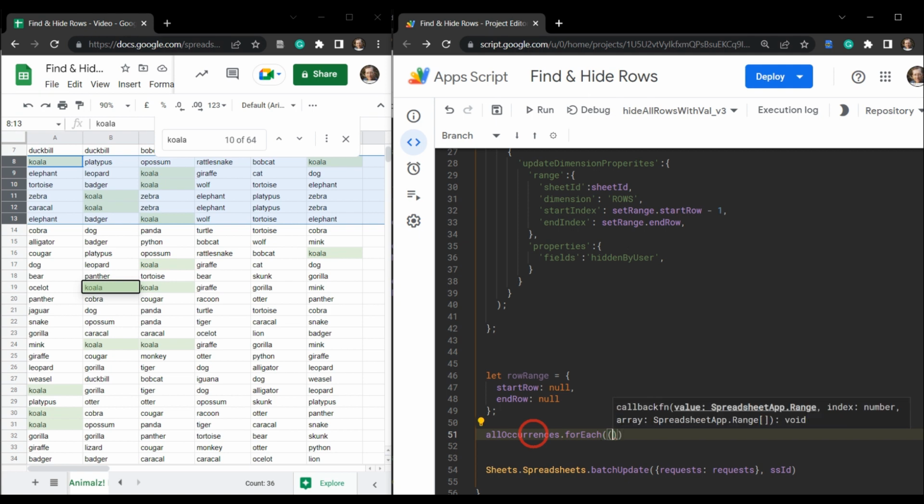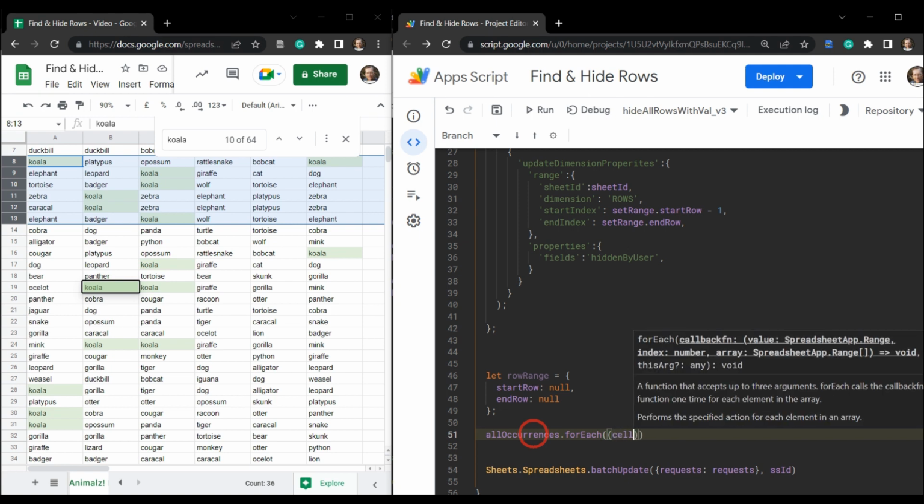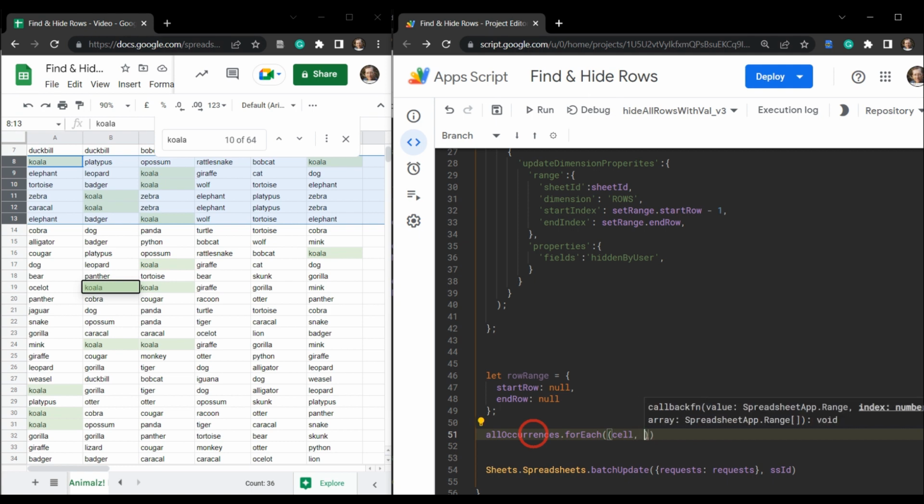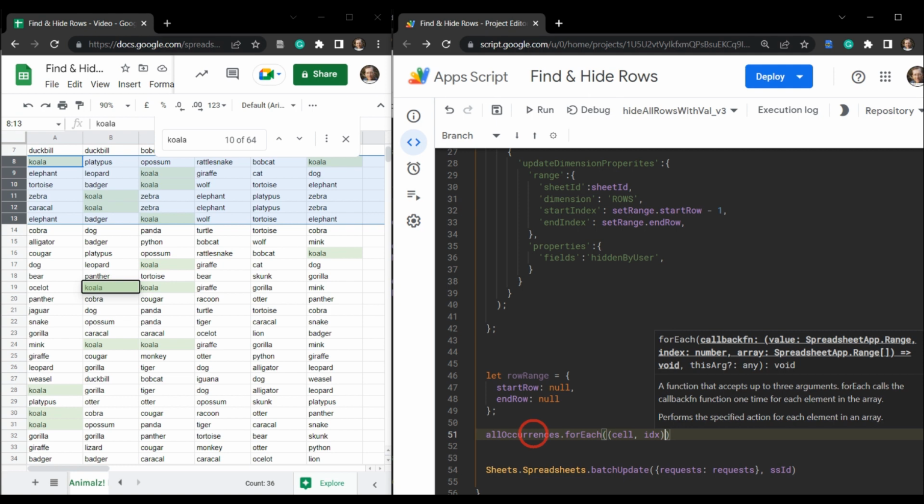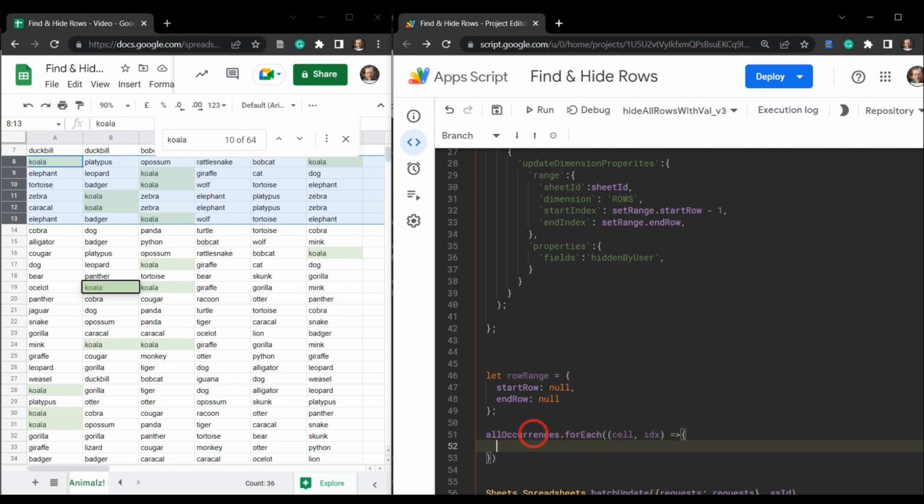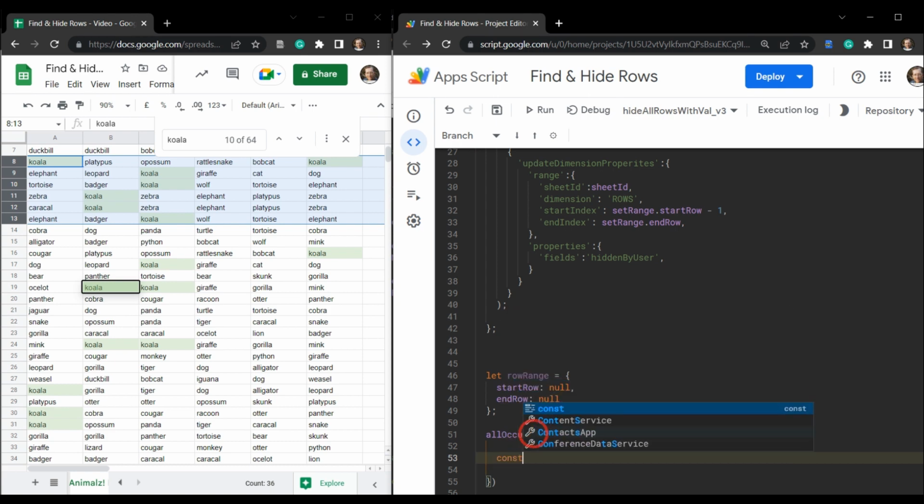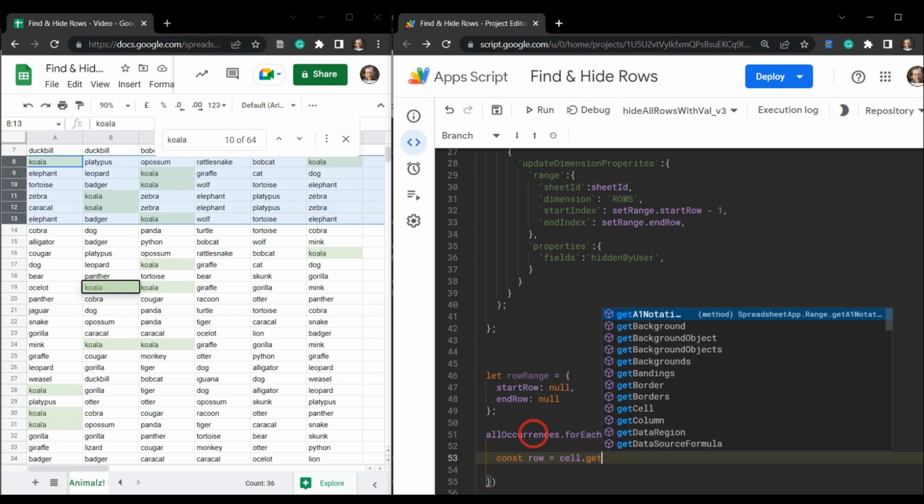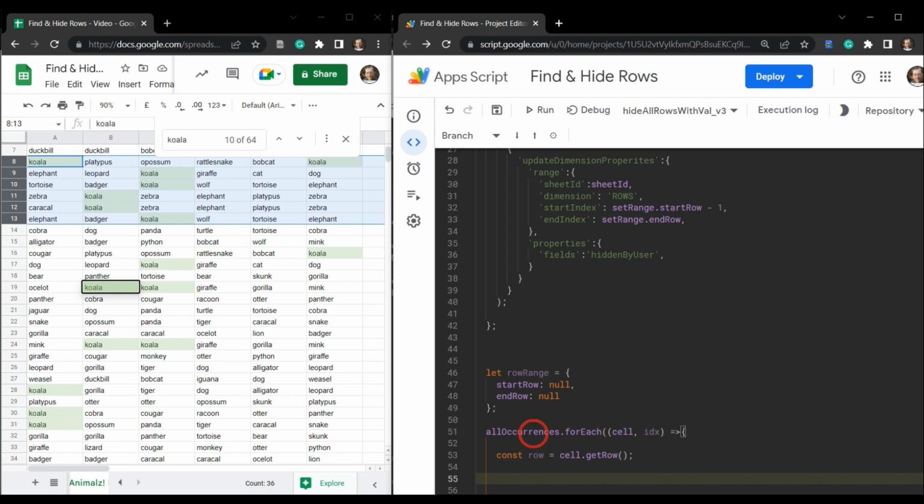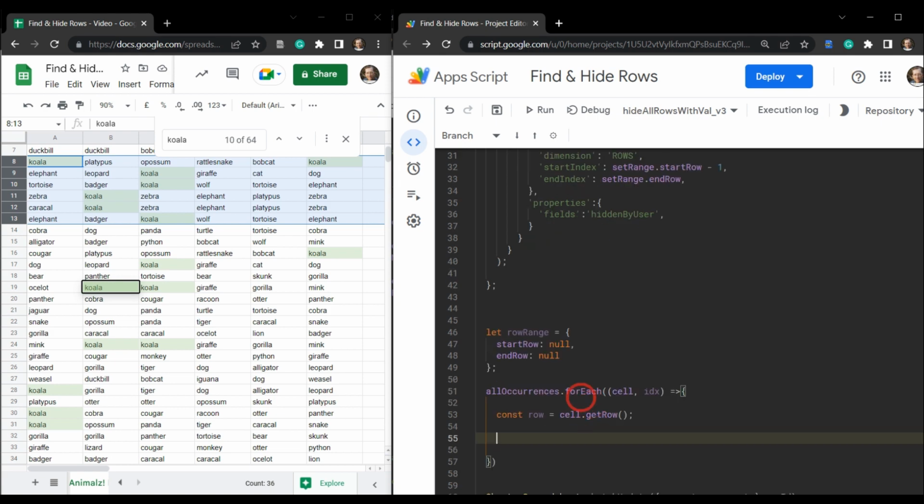First we want to say the cell will be our cell identifier for each iterator, and then we also want to include the index, idx. Here we'll create an arrow function and give it a bit of space, and then the first variable again will be const row equal to cell.getRow. There we go. And then on our first iteration of all occurrences, we just need our if statement here. So if the index is equal to 0, so it's the first time we iterate through,